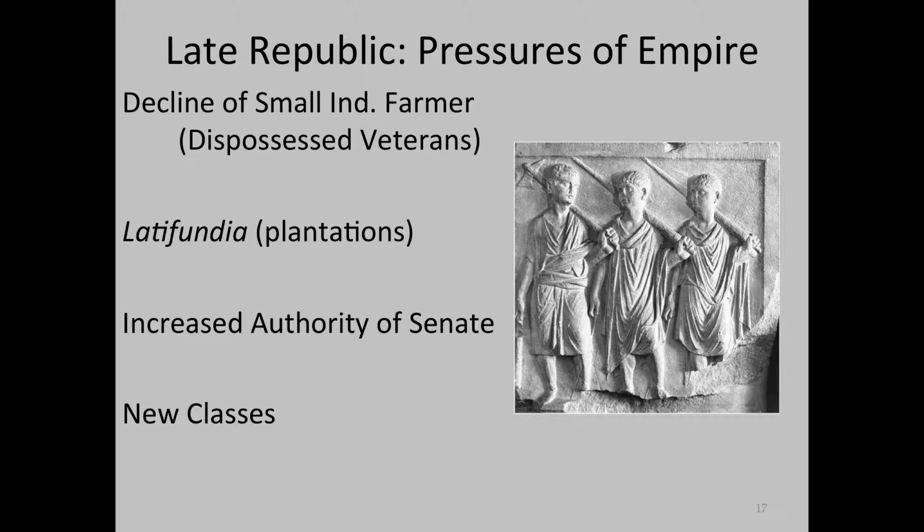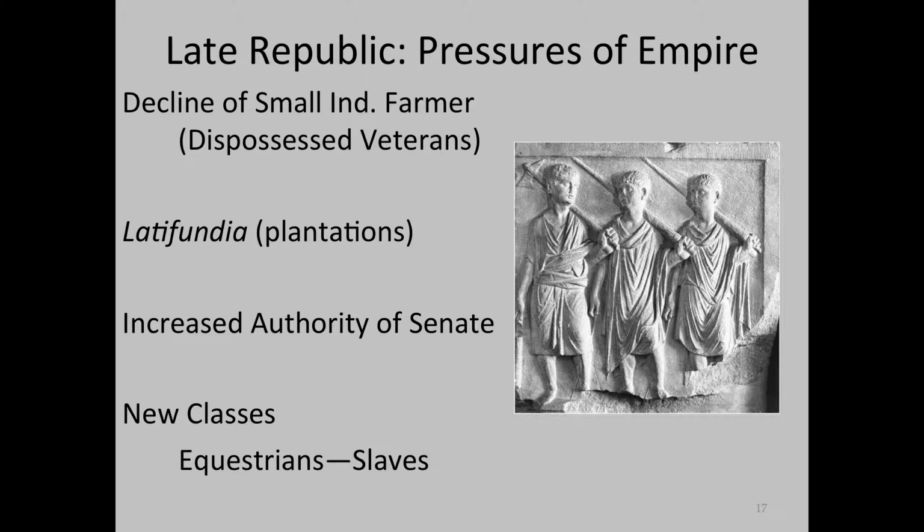Okay, simply put, the political system didn't evolve to represent the new classes. There is an influx of slaves, the new urban poor, the dispossessed farmers, as well as the growth of the equestrian class. So we already mentioned the influx of slaves from the empire, as well as an equestrian class. The slaves are employed in agriculture on the latifundia, in manufacturing, also as domestic slaves.